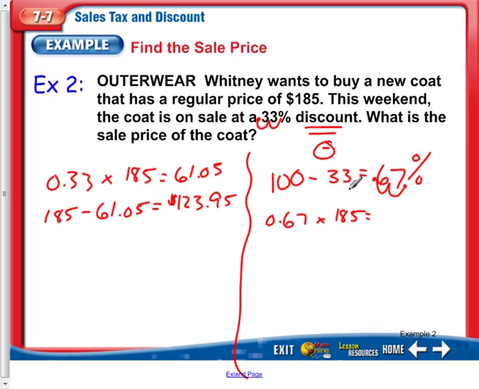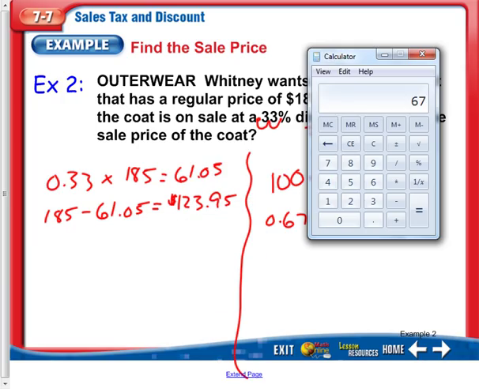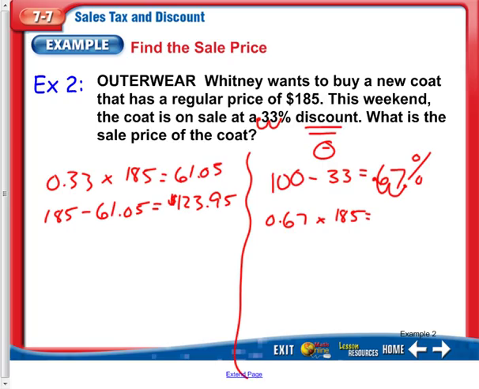because we're taking a 33% discount, which is the same thing we did here, except we found out what 33% was and subtracted that from the total. Now we're finding what percent we're going to pay, and then we're multiplying by our original. So we'll go with 0.67 times $185, and notice we still have the same answer, $123.95. So either way you do it is fine. You're going to get the same answer